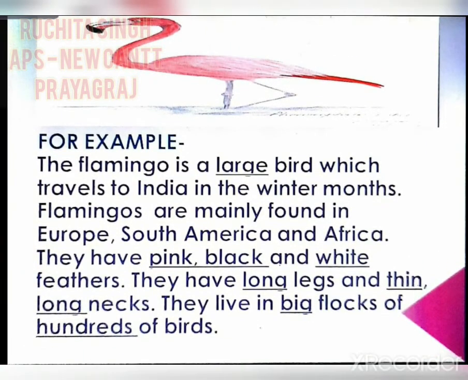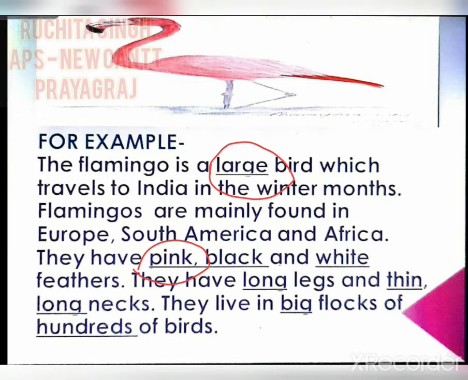Moving further, to explain you more clearly, suppose there is a bird and you want to describe a bird, so how can you describe a bird? You can describe a bird by telling about its size. That's a large bird. Over here, we are talking about flamingo bird. And as you can see children, it's a large bird. Okay children, then there are many things else which we can talk about, but the first thing is describing about its size. Then there are many other things written about the bird, but some words are used to describe